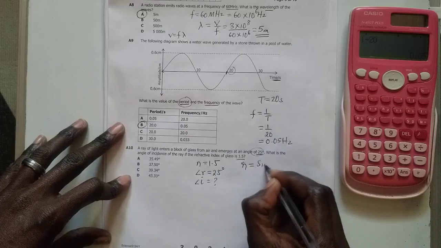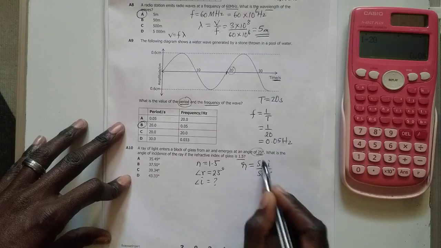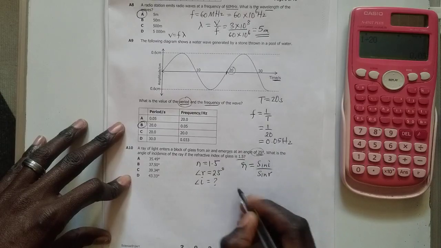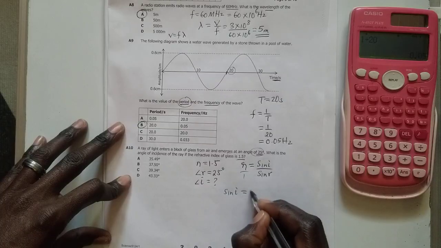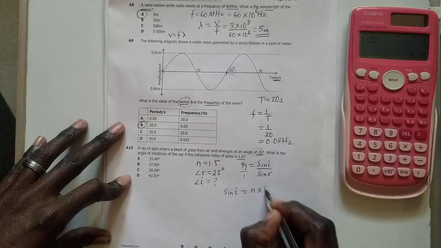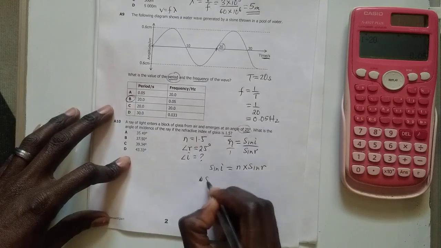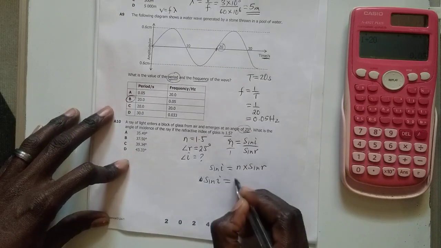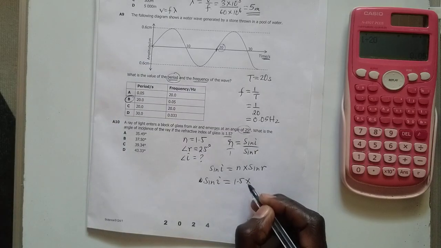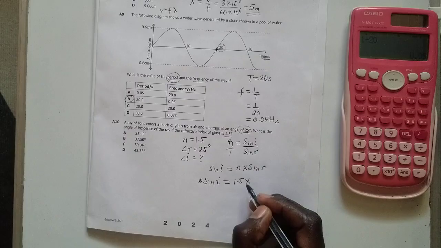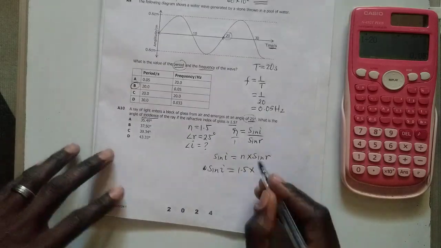Refractive index is equal to sine i over sine r. So we just want to make sine i the subject of the formula. So sine i is equal to the refractive index times sine r. That's what we mean. So sine i will be equal to the refractive index 1.5 multiplied by sine 25. The question is, what is the angle of incidence? So sine